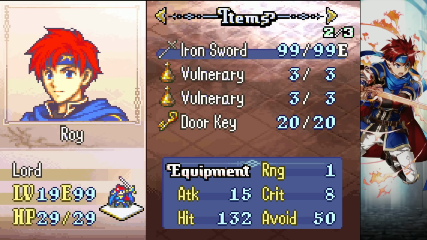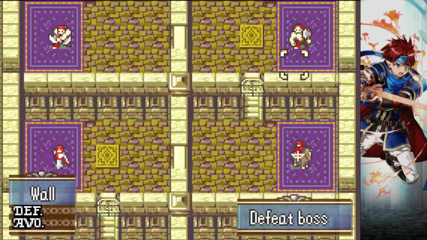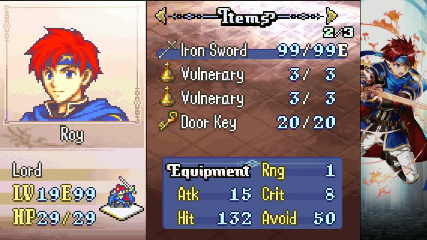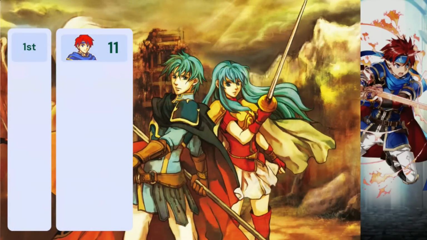I am open to tweaking the way that this works, tweaking weapons, vulneraries, enemy orders, I don't know, as it goes on. So, feel free to give me some suggestions. But I think that I've managed to get it to a point where it kind of works. We'll see how it goes with future classes, but I did trial it out with a couple of different units, and I think that it is fairly balanced. But anyway, Roy got 11 out of 16, which will go on our table here,